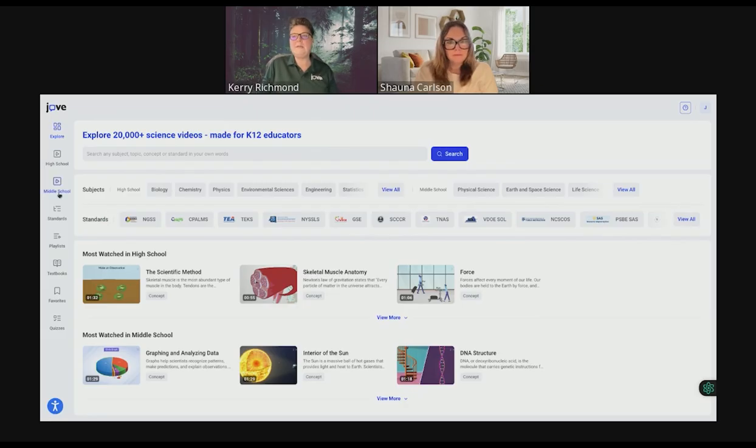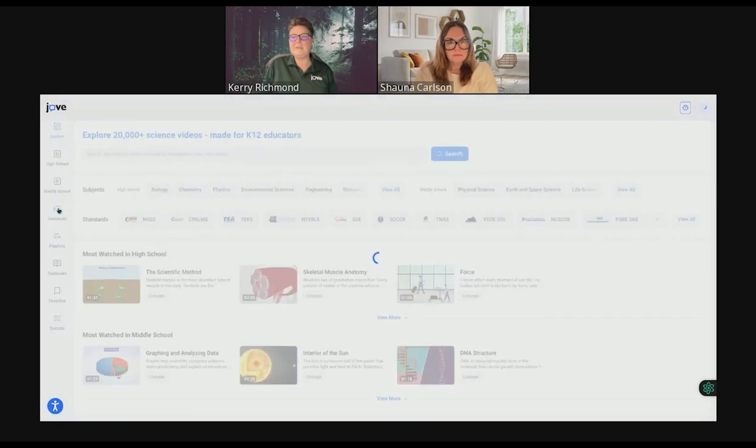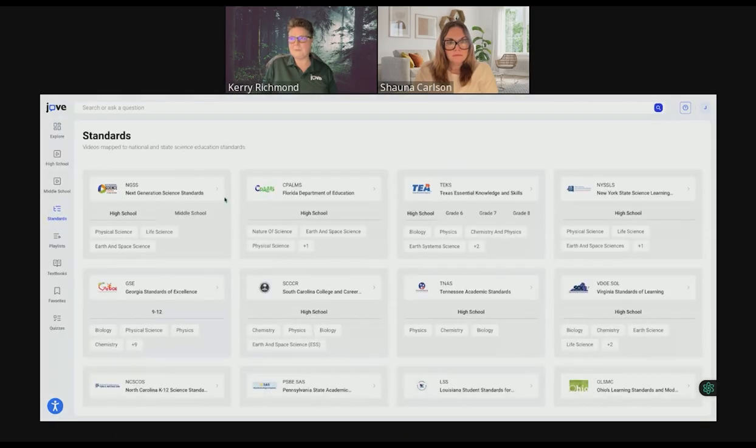But over here on the left, you can see this with the standards alignment. This actually will come in and create a playlist for you. So this is a great place to start if you already have your standard alignment done for your state and you know what standard you want to teach. You can come in here and you can find that list of videos already found for you aligned to that